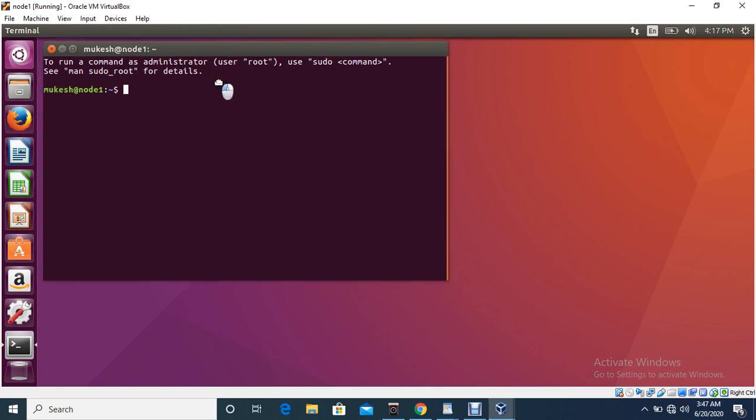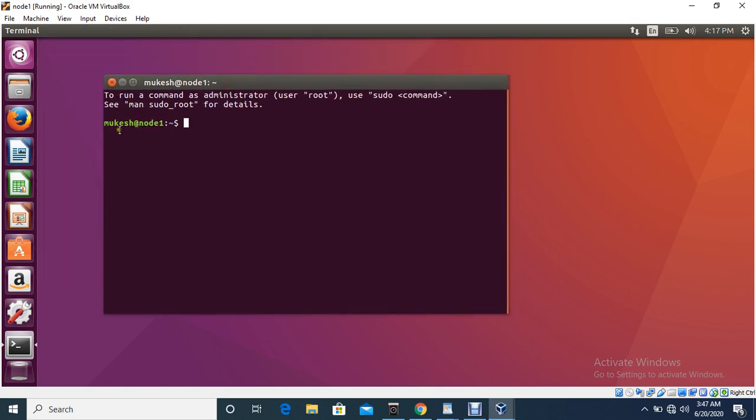Fine. So you can see here it's showing your name and your server name node one. We gave that server name, so it's showing node one. So this is a way you can install your Ubuntu server.